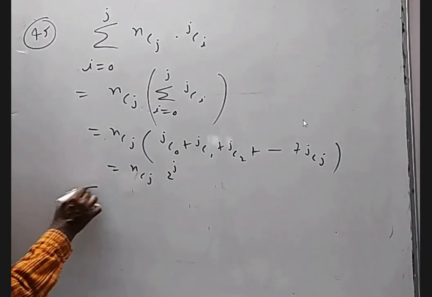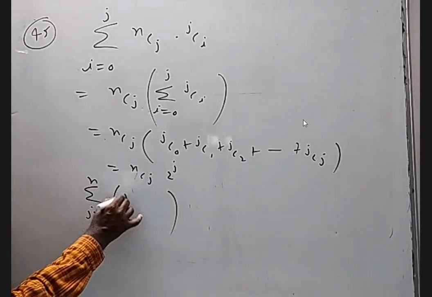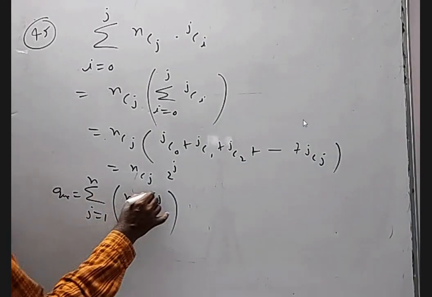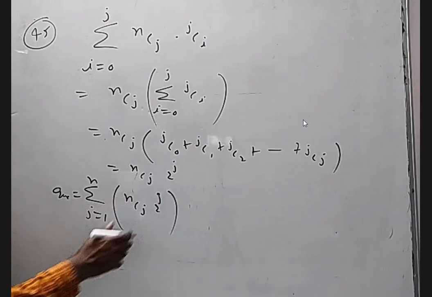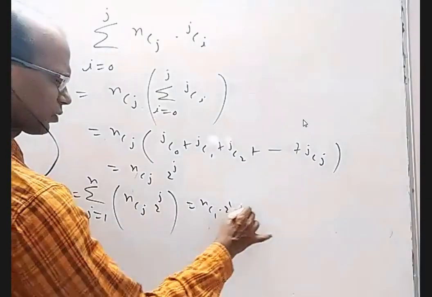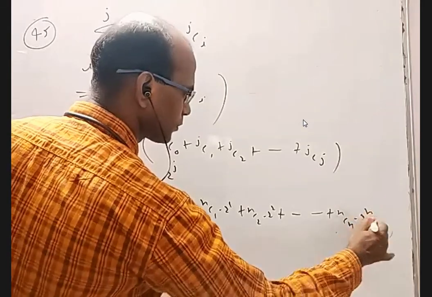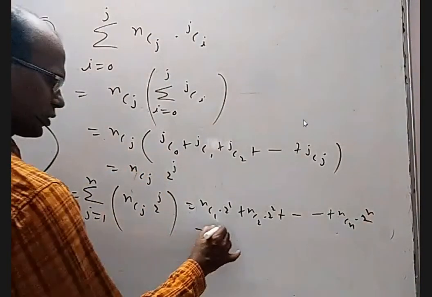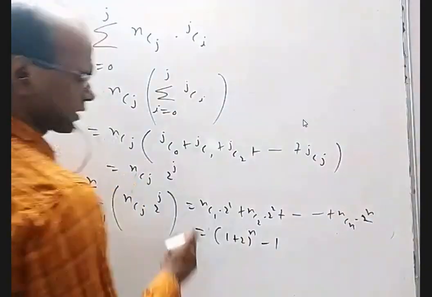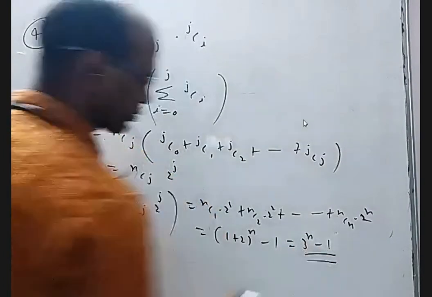Now coming to the actual question, sigma j equal to 1 to n. The inner sigma became nCj 2 power j. This is the question. In that, both j's are variable. If you actually expand, it is like nC1 into 2 power 1, nC2 into 2 square, so on up to nCn into 2 power n. There is a full series, which is (1 plus 2) whole power n. But the beginning 1 is missing. nC0 2 power 0 is missing. So it should be 3 power n minus 1.